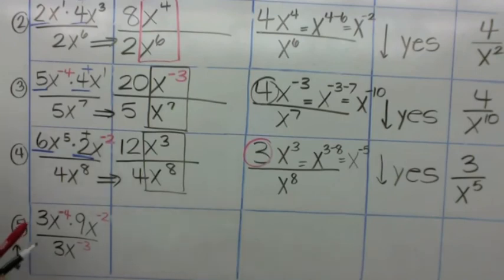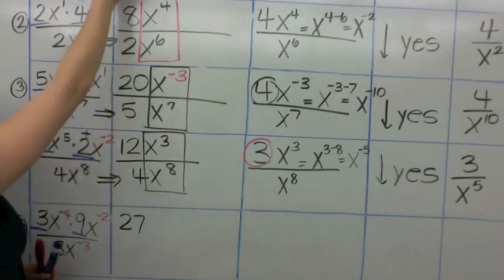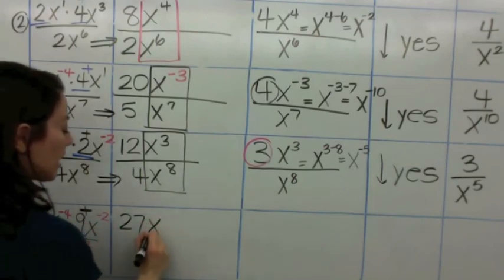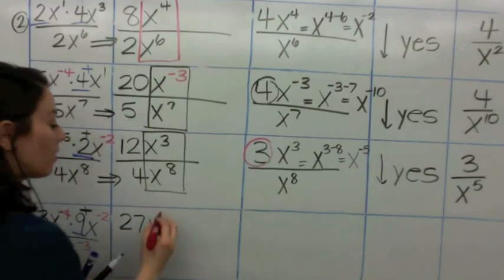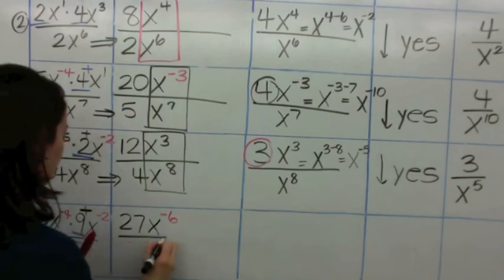Okay. So here we're going to underline the coefficients. What are the coefficients here? The coefficients are what? 3 and 9. 3 times 9 is 27. Good. And what are we going to do to the exponents? Second step is add the exponents. So we're adding negatives. We have a negative 4 and a negative 2. So same signs add and keep. It's going to be x to the power of negative what? Negative 6. That's right. Divided by